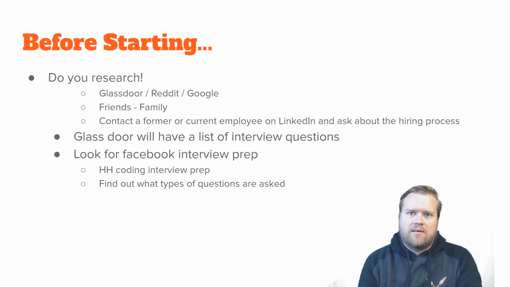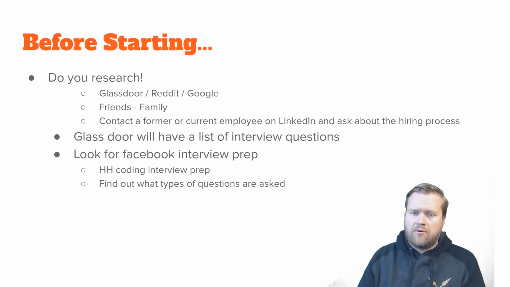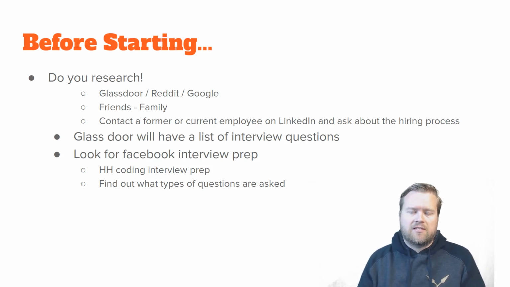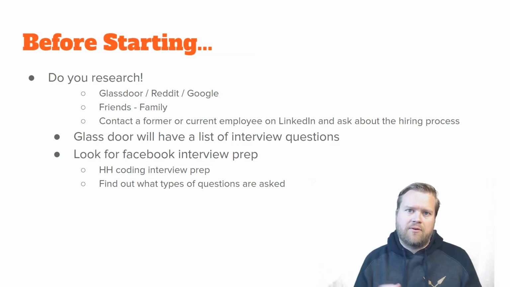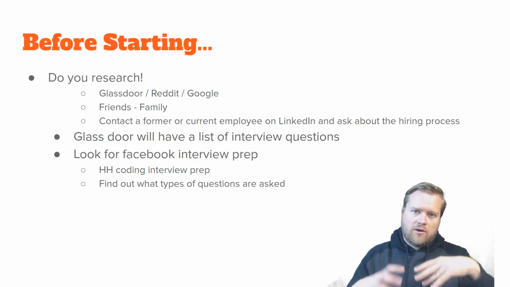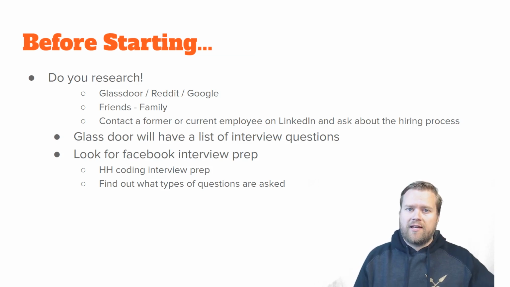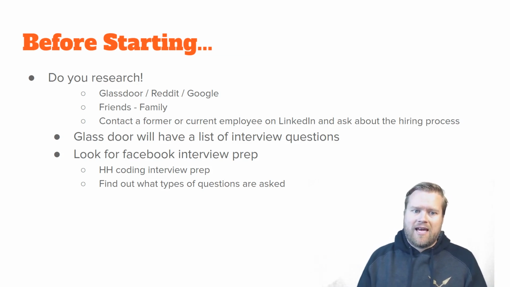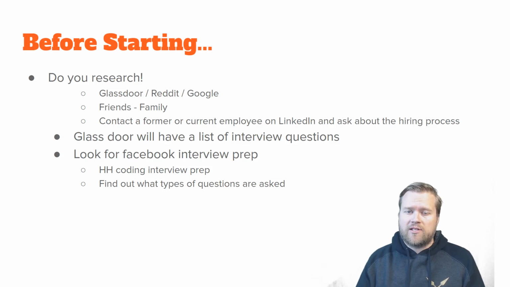Usually, some companies like GitLab are completely transparent. You can find their complete handbook, how they do their interviews for people, what they're looking for. Some companies are really transparent about what type of people they want to look for. And this is great because if you do your research, you can see what cultures you would fit in and what cultures you wouldn't fit in. And you can get an idea of what kind of interview questions you should get.